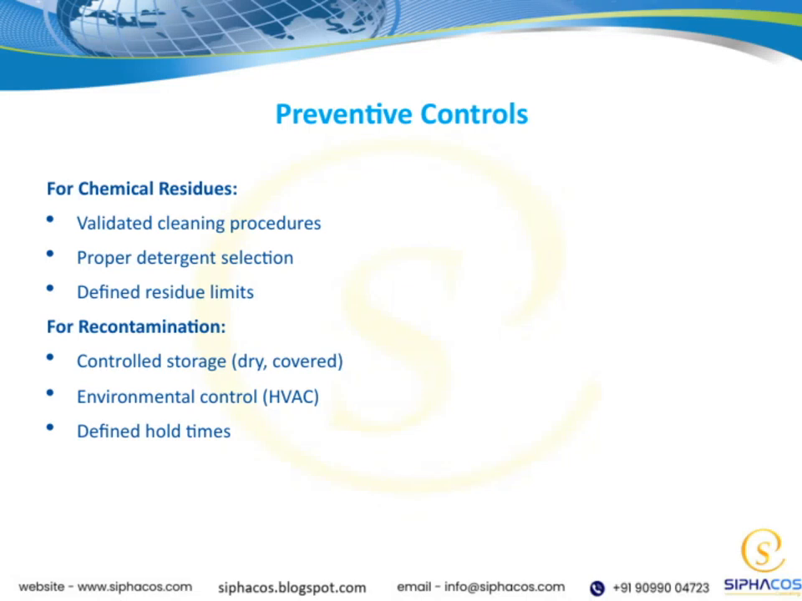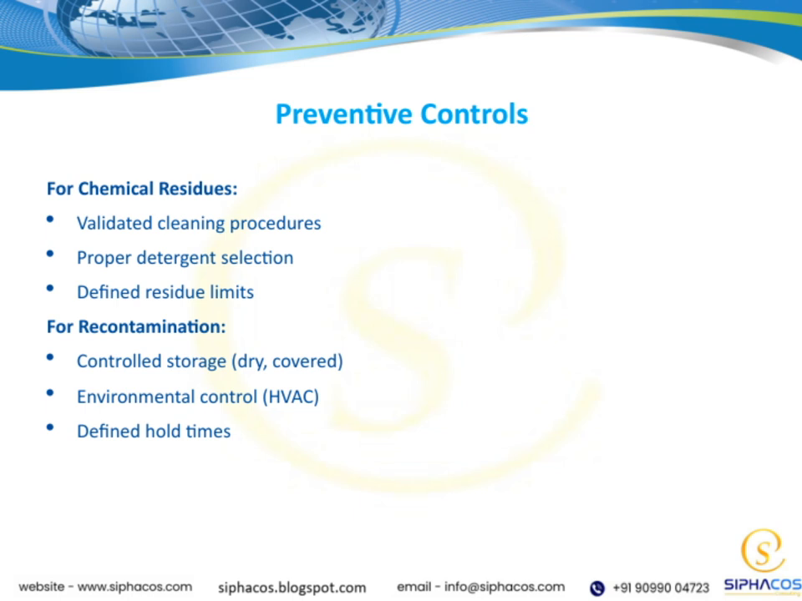Let's talk about preventive controls, starting with chemical residues. It's essential to have validated cleaning procedures in place, meaning we need to confirm that our cleaning methods effectively remove residues. Choosing the proper detergent is also crucial, as it must be compatible with our products and surfaces. Additionally, setting defined residue limits helps us know when a surface is truly clean and safe for the next step